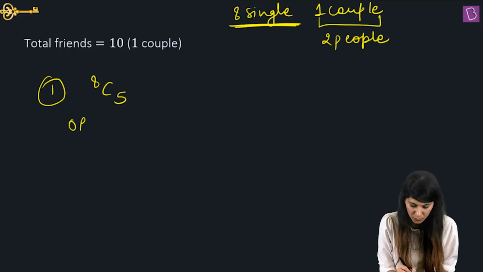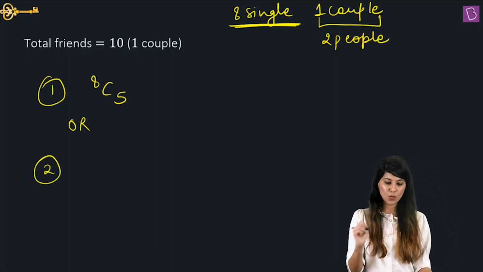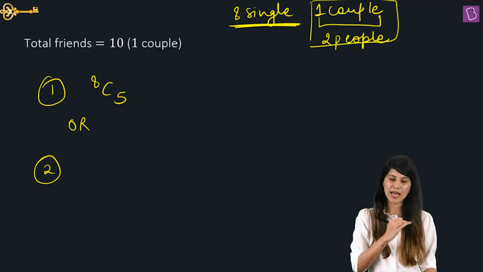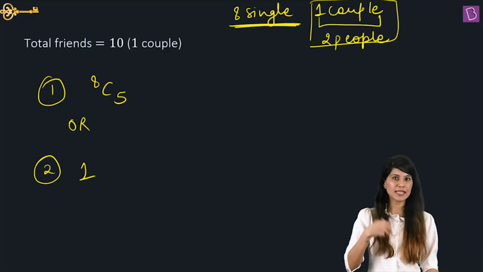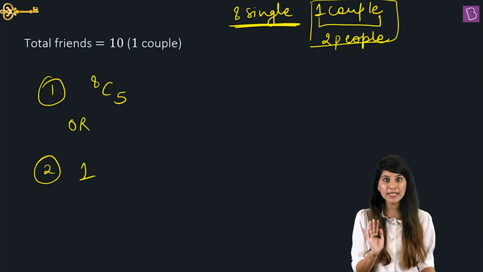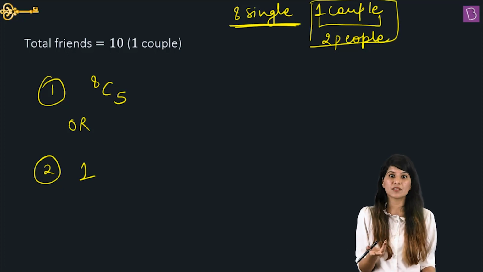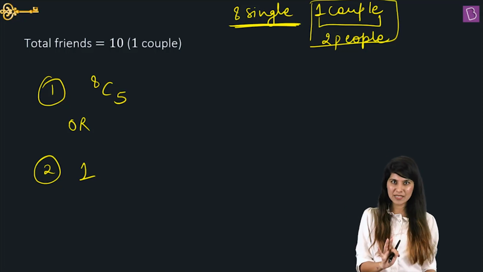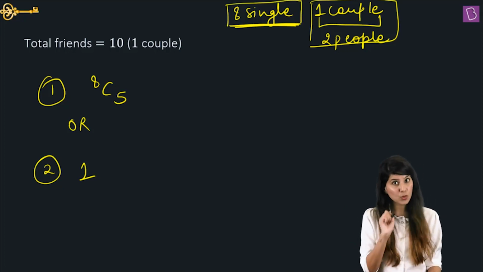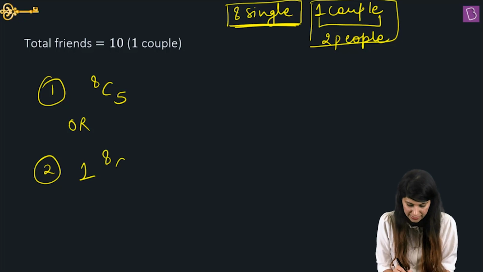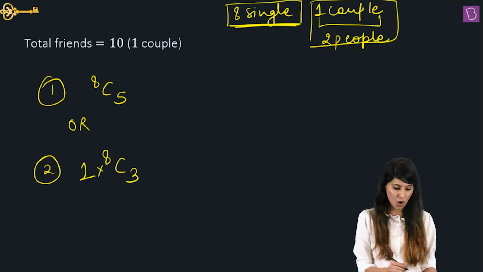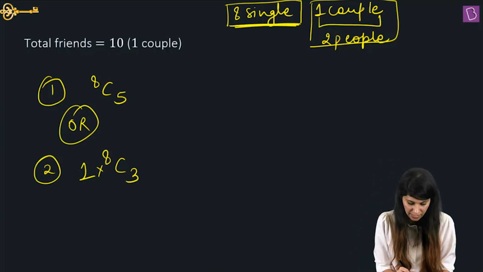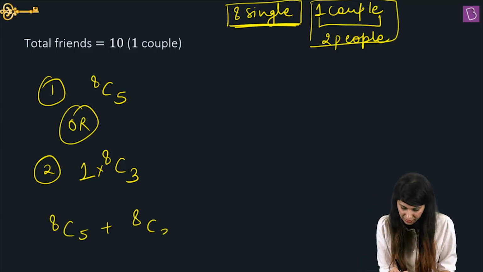Case number 1. Or what we can do is, we'll include both persons, that is one couple we are including. So that means 2 people I am taking by one way. I'll just invite, they'll come. Both of them. 2 people are already there. So how many places are left at Kanchan's party? 3 people. So out of these 8 people, I need only 3 people this time. So 8C3, that's it. Now, either case 1 or case 2, that means you need to add these 2 cases. So 8C5 plus 8C3 would be there.